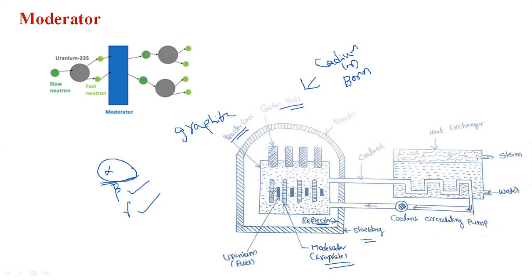Whenever it is bombarded, the fission process appears, that is, it releases fast neutrons. Actually, the fuel cost is high. To save the fuel we use a moderator, that is graphite material, placed in between the fission process. It absorbs the fast neutrons and releases slow neutrons. Due to that, the power generation is maximum, and the fuel is saved. That fuel we can utilize for future power generation.